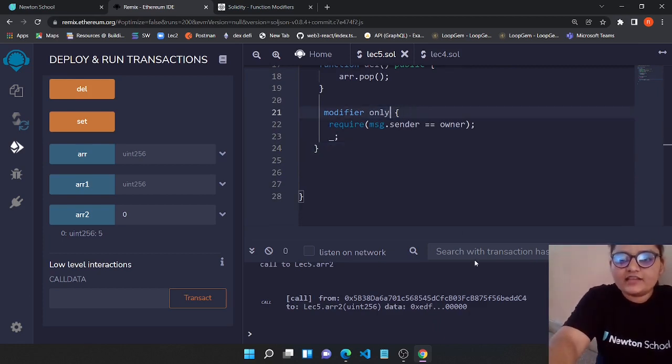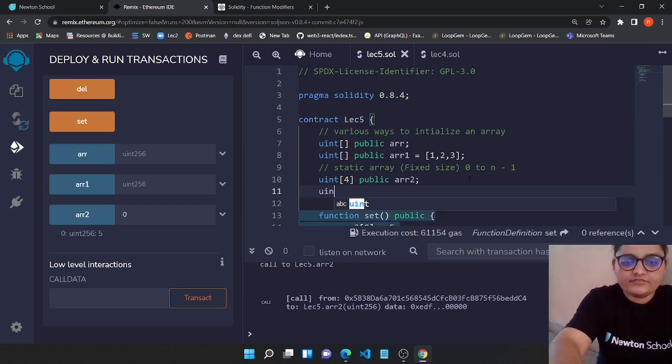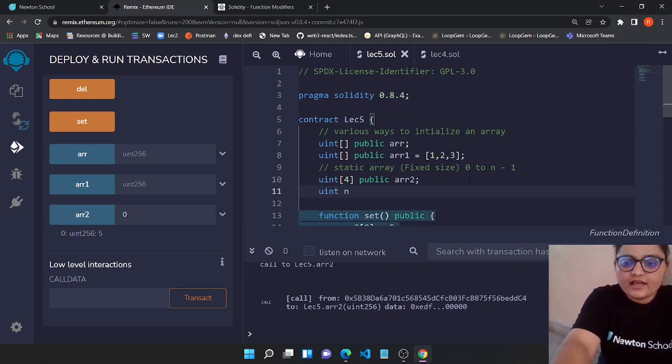So I'm saying that we want a modifier for numbers. We can give this any name, and I'm saying that we have one integer. So let's give this one integer n, and its value is right now 10.